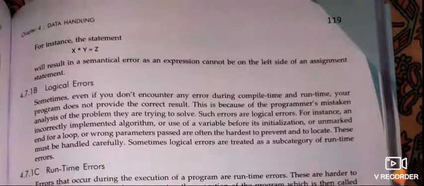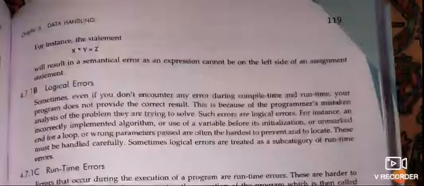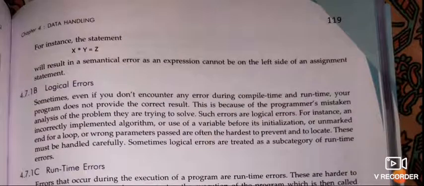That type of error we call a logical error. Why? This is because of the programmer's mistaken analysis of the problem they are trying to solve. Such errors are logical errors.